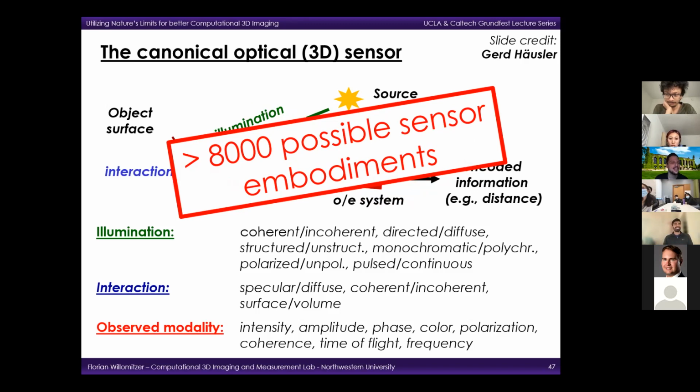So what does this actually tell us about computational imaging? First, this tells us that computational imaging is a vast play field that brings you a lot of fun. And I hope that I was able to show you today just a little bit how much fun it is to work in computational imaging. But this also means a little bit more. It's also super important to understand and even exploit the limits to pick the best sensor for your application and to get the best possible performance for your method. Yeah, and that's it.